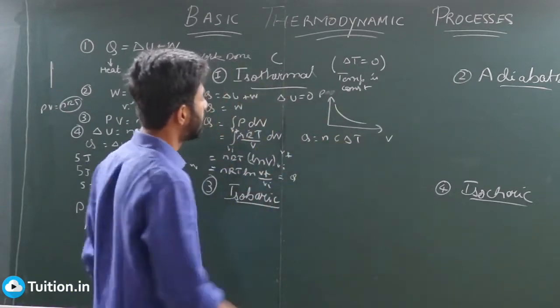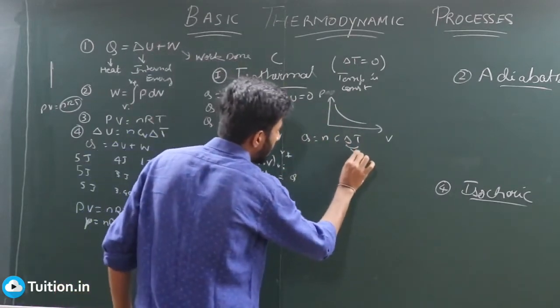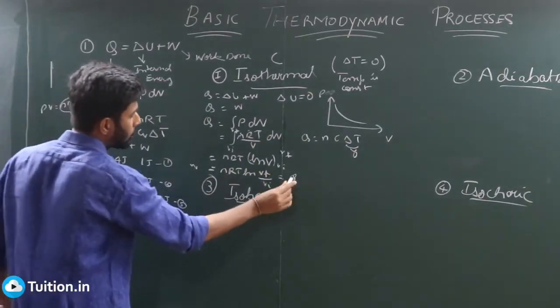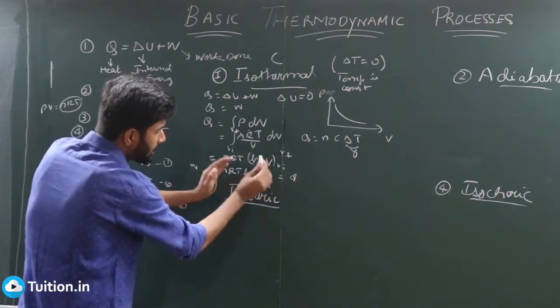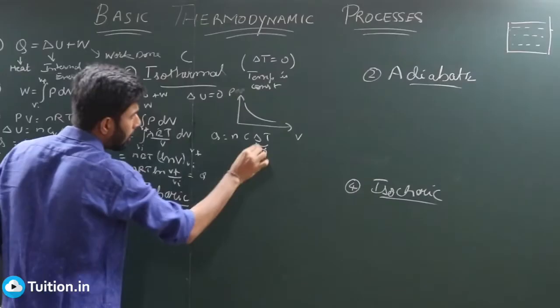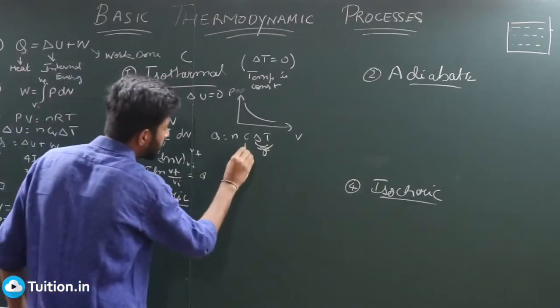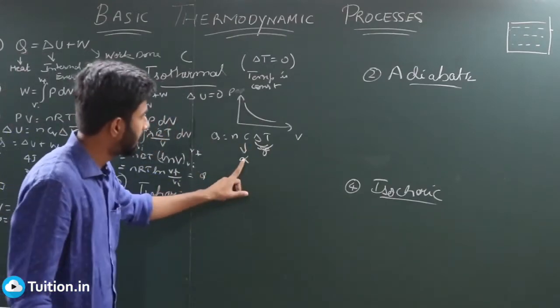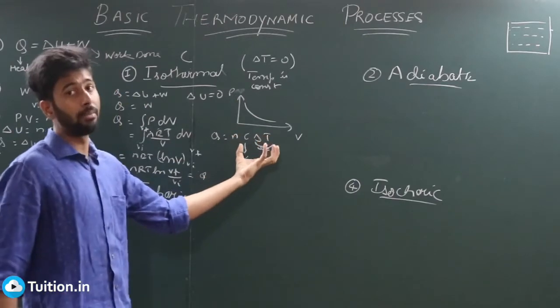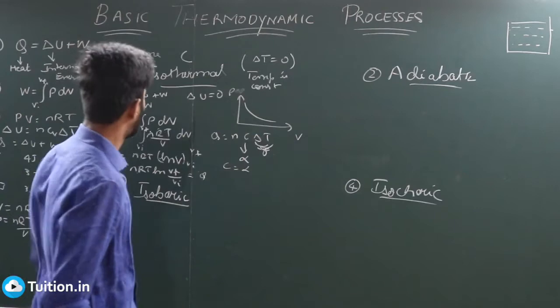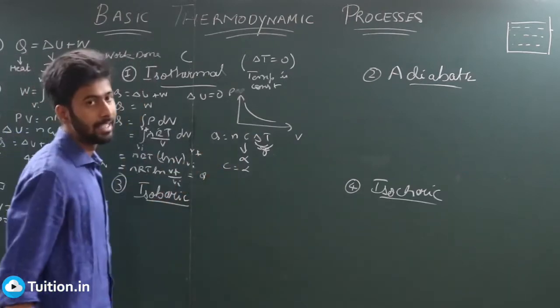What is the C for this? ΔT is 0, right? So we have W = nRT ln(Vf/Vi) = Q. As we can see, Q is some finite value. But in the formula of Q, you have ΔT equal to 0. How will that happen? Only if your C is infinity. If your C is infinity, then infinity times 0 can give you a finite number. That's why C for this process is infinity. The PV graph looks like this, the formula for work is this, and C is this.